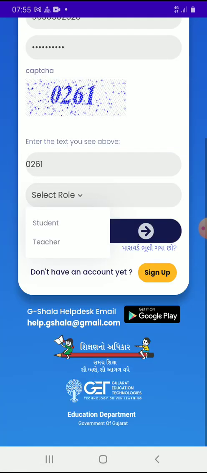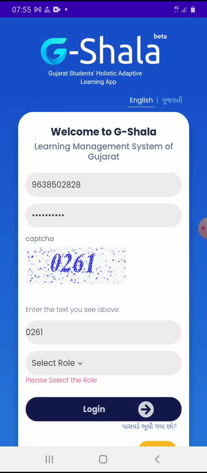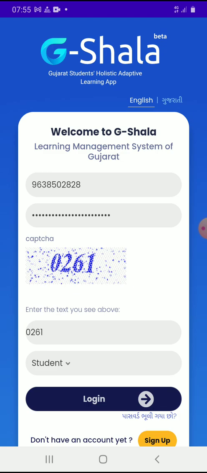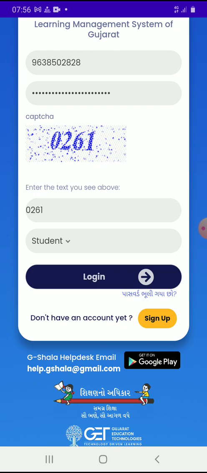Now select role. You are a student, so select student. And then log in. If everything is correct, then after some time you will log in.